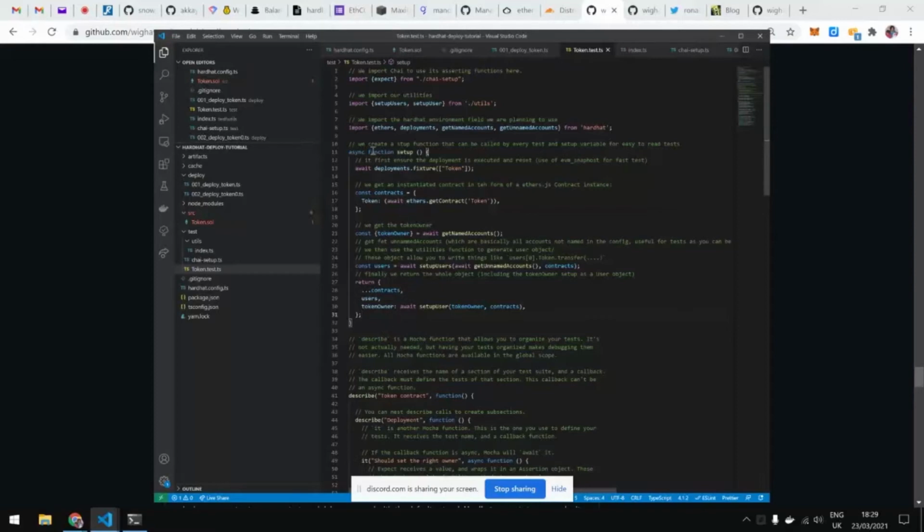So the way I get around the problem is that I create a setup function, or usually I name them based on what they do. This one basically deploys, makes sure the deployments are set up, and then it creates some objects to make it easy to create tests. So it does two things.